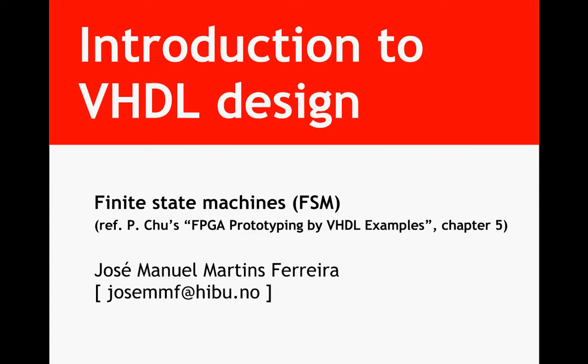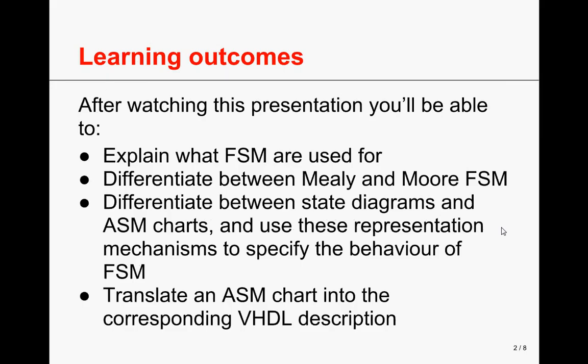Well, in the fifth presentation of this series, we will look into finite state machines, which correspond to chapter 5 of the book. And the expected learning outcomes are that you will be able to explain what finite state machines are used for. You will also be able to differentiate between these two types of finite state machines called Mealy and Moore,